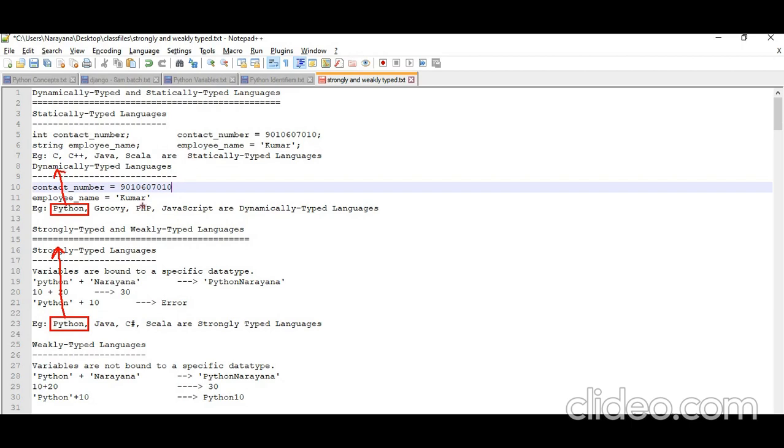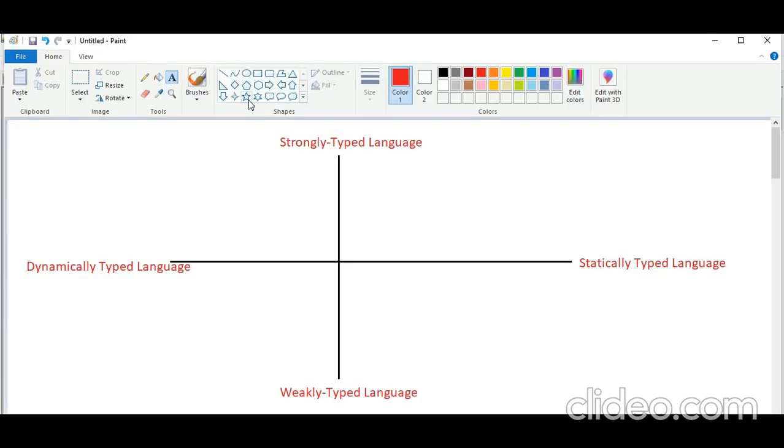Next, suppose JavaScript. You can observe that JavaScript is there under the dynamically typed, and here under the weakly typed. On these combinations, we will see this picture.